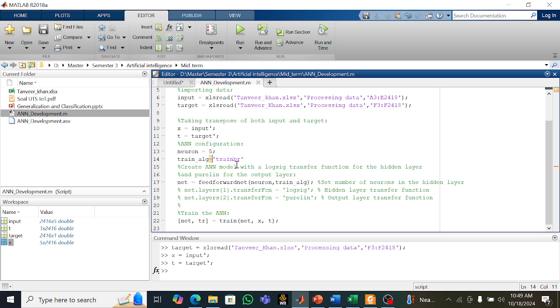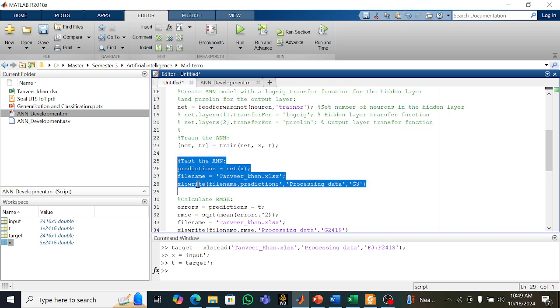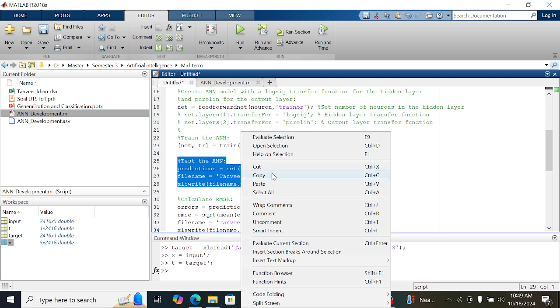Okay, so that's why I choose the train viewer first, and then I will also use another optimization algorithm that is called Levenberg. So I will choose that one. The second one first, I will try this one. Okay, after this one, we will test the model and write the prediction result to the Excel